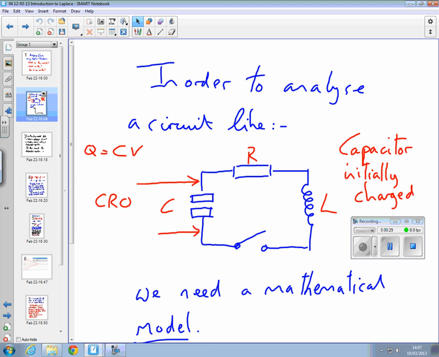We're going to look at analysing circuits like this. The overall aim of these next few weeks is to look at circuits like this and think about what's going to happen to this circuit when I switch it on. What happens when